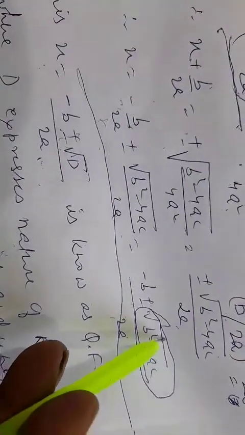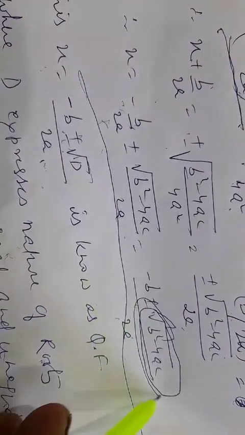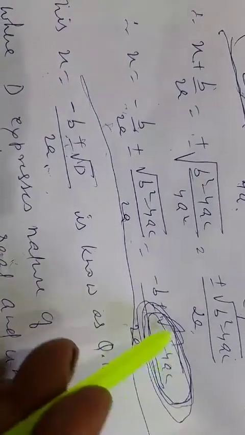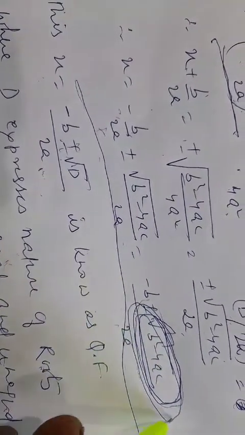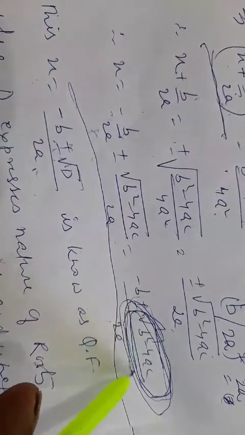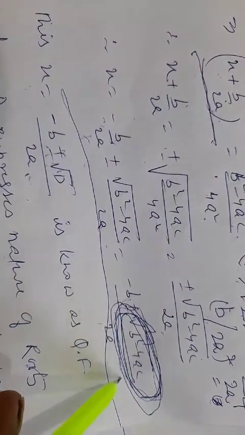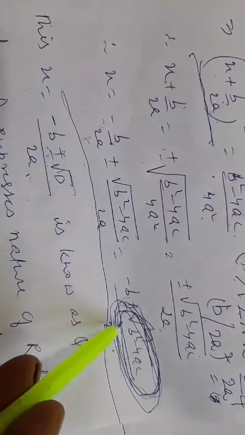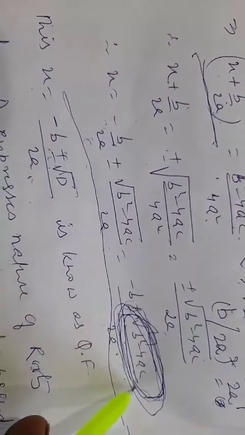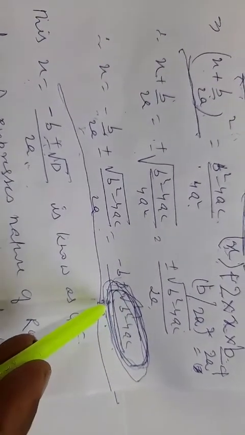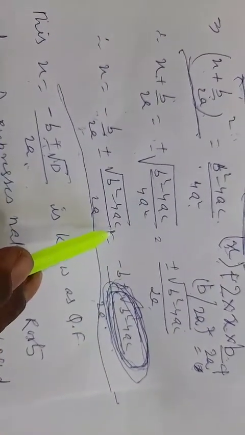So whenever a quadratic equation is given, first of all you have to find the value of D, which is equal to b square minus 4ac. And by finding D, you have to decide whether you have to proceed to find the zeros or not. If D is greater than 0, or equal to 0, meaning the value of b square minus 4ac is greater than or equal to 0, then you have to find the zeros.